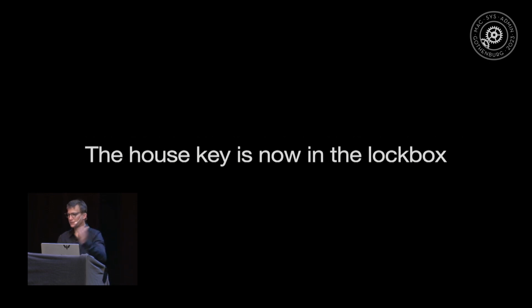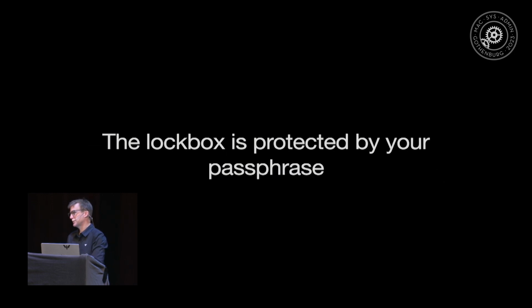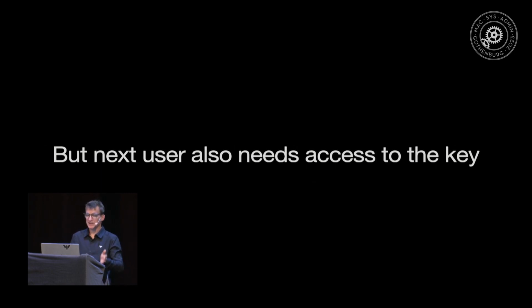So after you set up that lockbox, the house key is now in the lockbox. The lockbox is protected by your passphrase. There are no unprotected versions of that key anymore in this magical lockbox real-life analogy. The key is in the lockbox. But if the next user also needs to access the key,